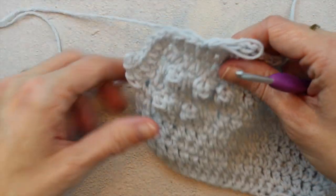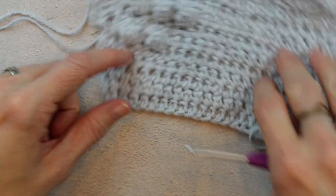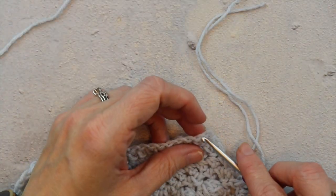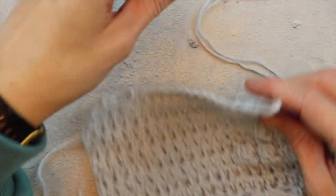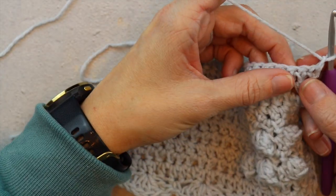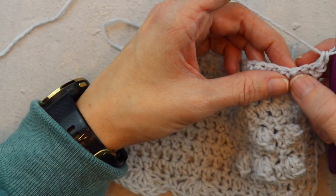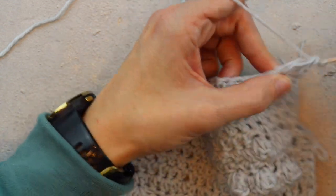But then what you're going to do is working the bottom edge, you're going to join in the bottom left, so you're going to join right here. You're going to slip stitch to join, kind of like what we did when I was showing you on the small sample. So just slip stitch to join, chain 1, and then you're ready to start by doing a single crochet, skip 2, shell by doing 5 double crochets,